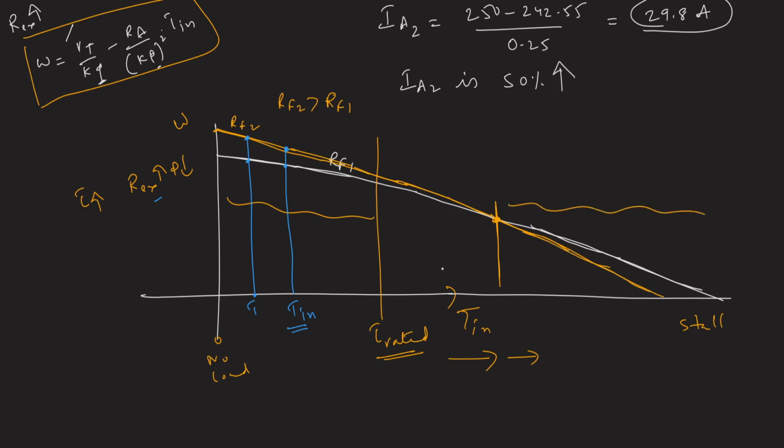Now during this region, from here to here, what is actually happening? Tell me. For any given load torque, earlier it was operating at this speed, but the new speed is lower than the earlier speed. But here it is happening on the opposite side. Speed is increasing here and speed is decreasing here. So what is actually causing this?